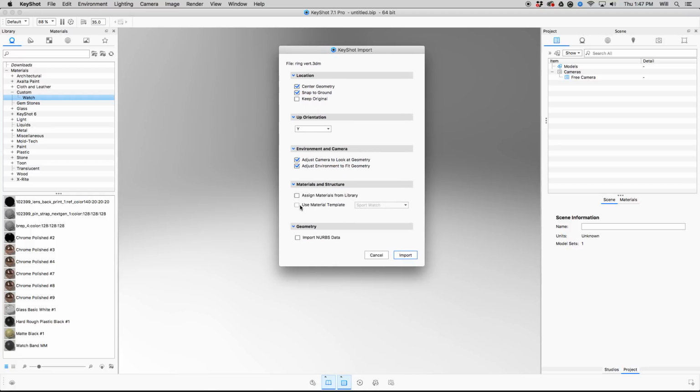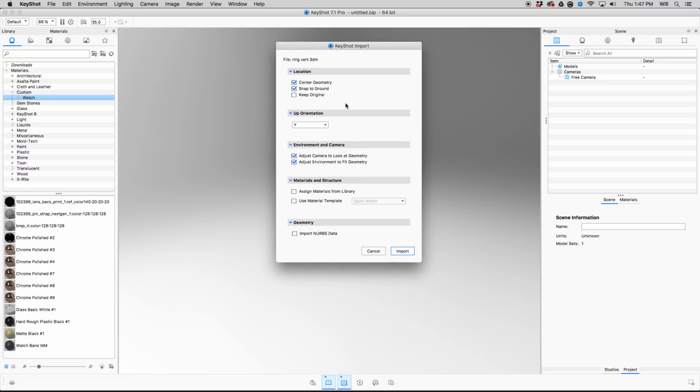All right, so we have the option to assign materials from library, which is interesting. So this is one of those things that if you don't spend time looking at your import, you might have missed historically. And I highly recommend you take a look at this. If you're using a CAD application and you have already named or applied materials based on KeyShot library materials, this is going to work like a material template